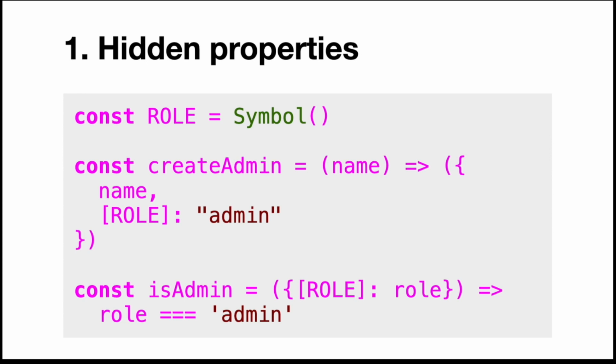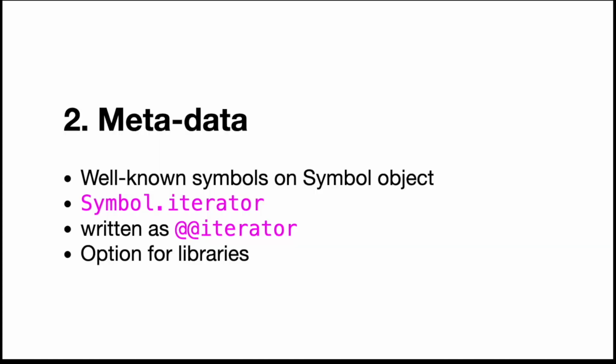And I think I actually use it like this because it is there, but it's not visible. Also, see one interesting thing: that's how you can use symbols in destructuring, but you have to name them. That's the only thing, but you can still use that. It's a use case, let's say. The other one, that's where symbols excel. And that is when your object means data, but you need metadata. You need to have a way to inform JavaScript or libraries how they should handle this object, because it's somehow different. It's special.